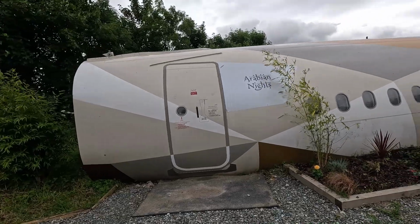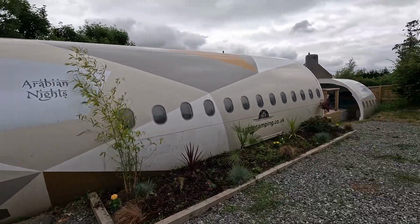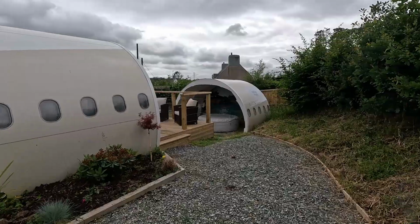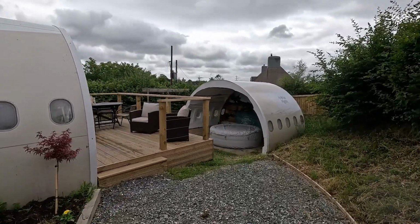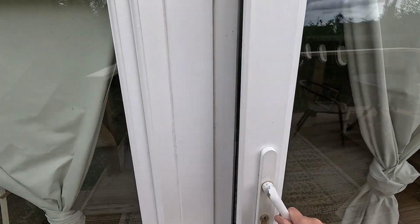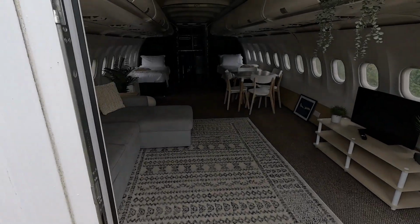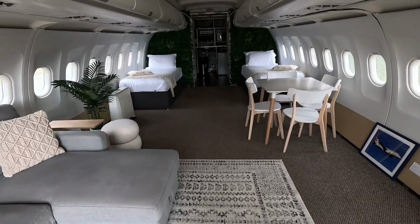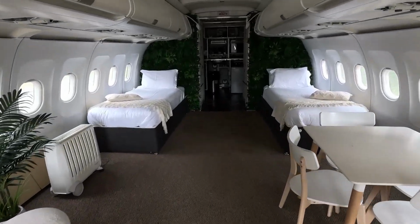First up, we've got this converted Airbus A320. So they've taken the original fuselage, it's an ex-Etihad aircraft, and they've turned it into this most incredible accommodation. They've got a nice deck area outside, and then tons of space inside the actual aircraft. So there's a sofa that converts into a sofa bed, got tons of dining space, 2 single beds, and then